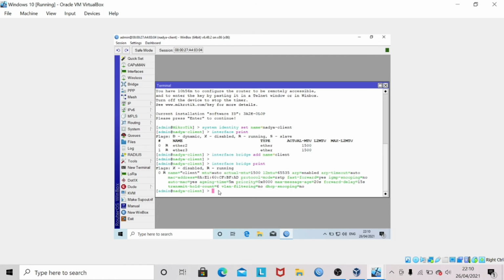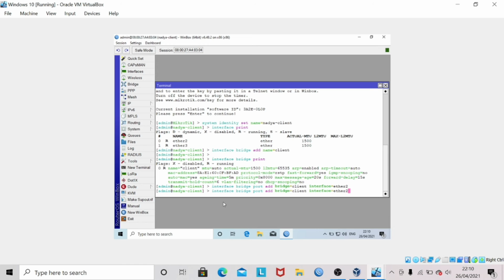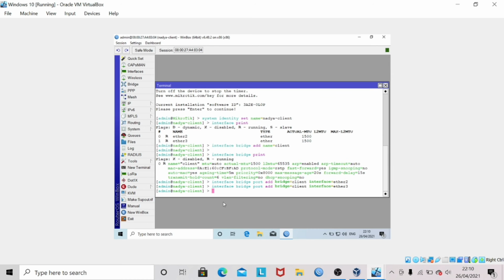After that, add the port interfaces that will be bridged on the client interface, namely Ether2 and Ether3, by using the command interface bridge port add bridge client interface Ether2, and for Ether3 press enter.